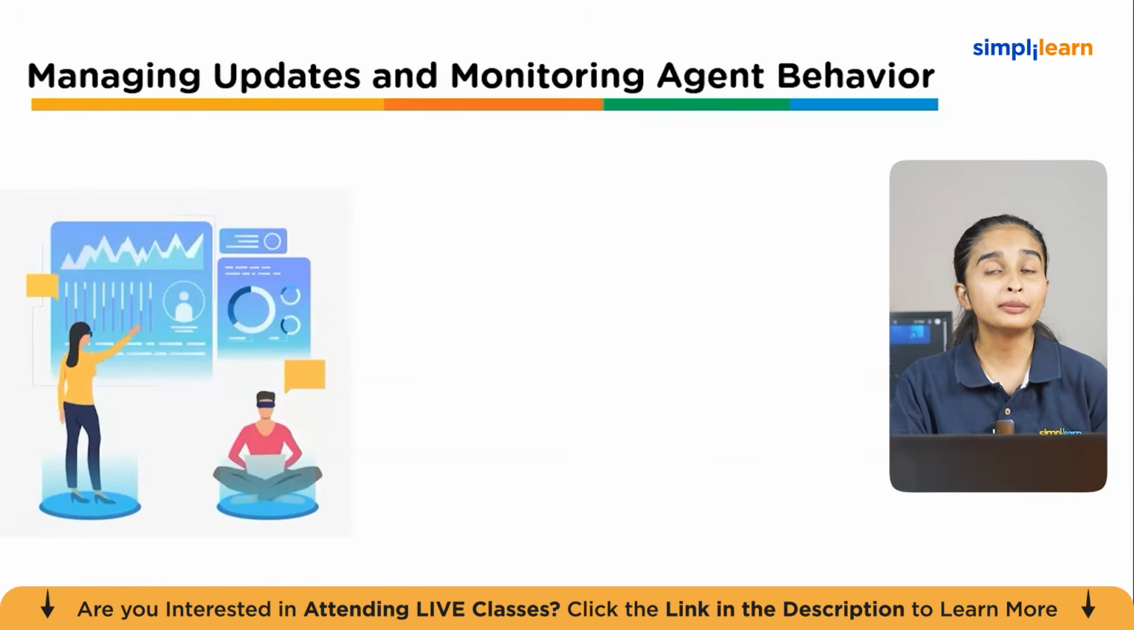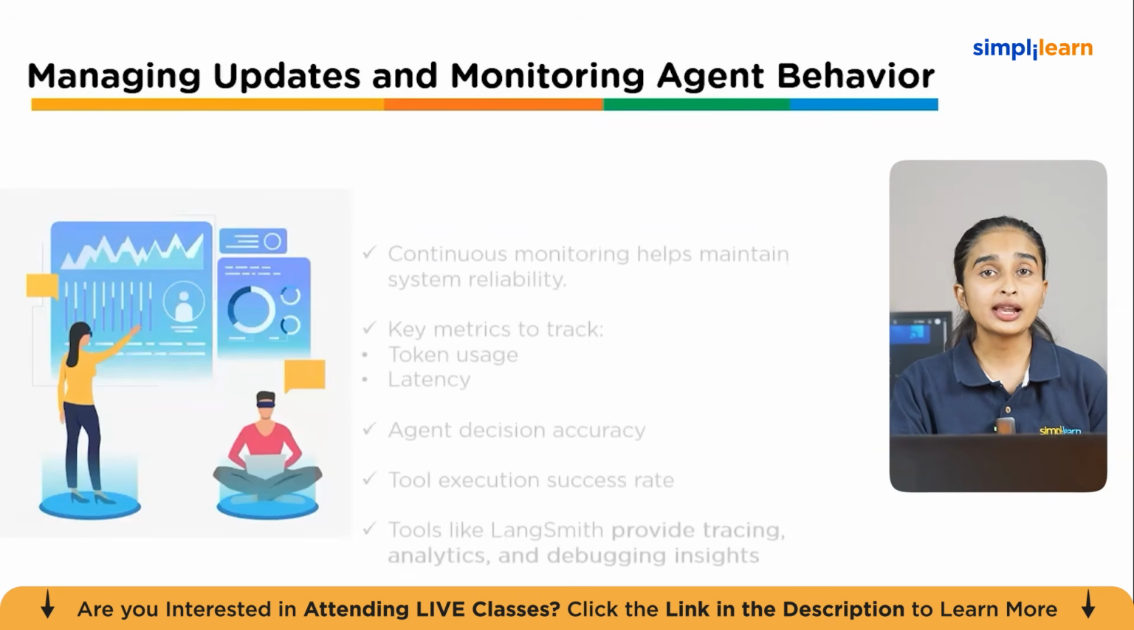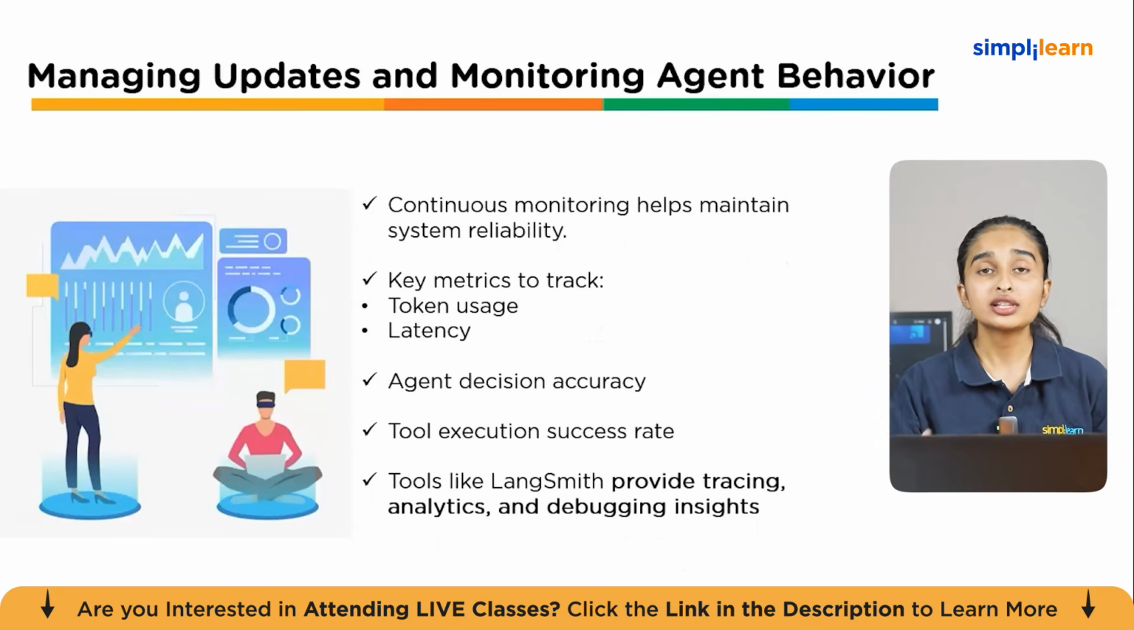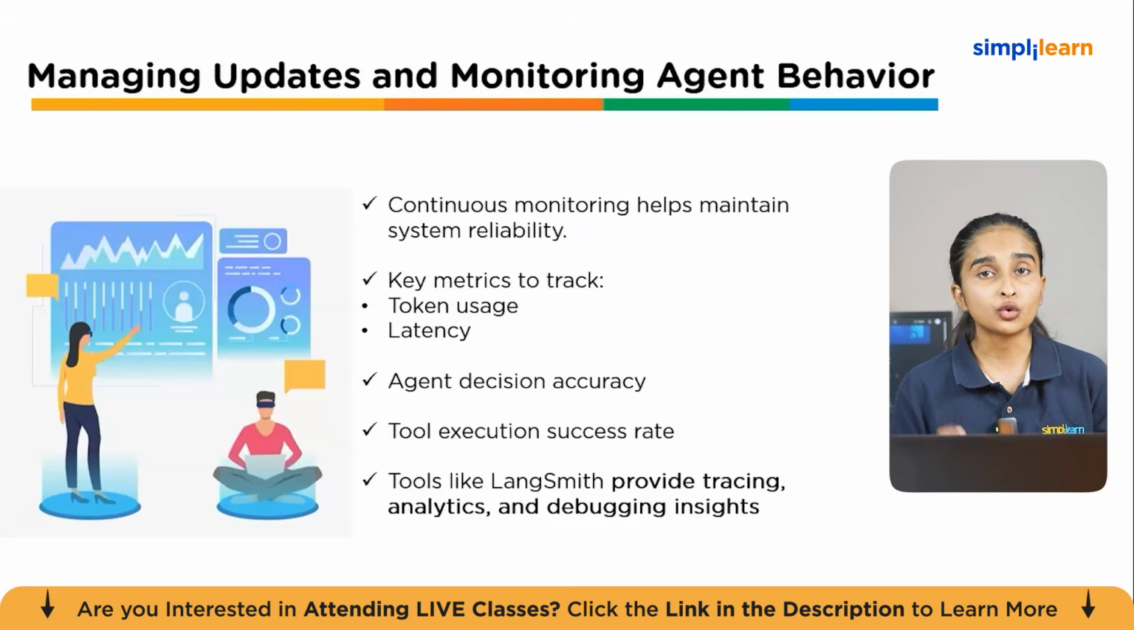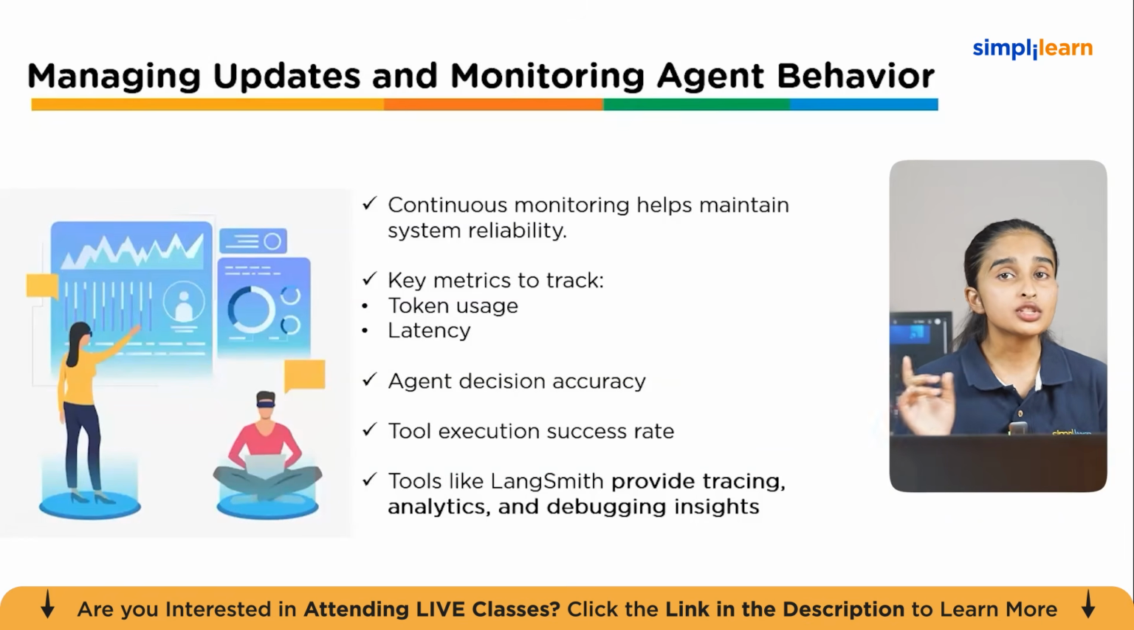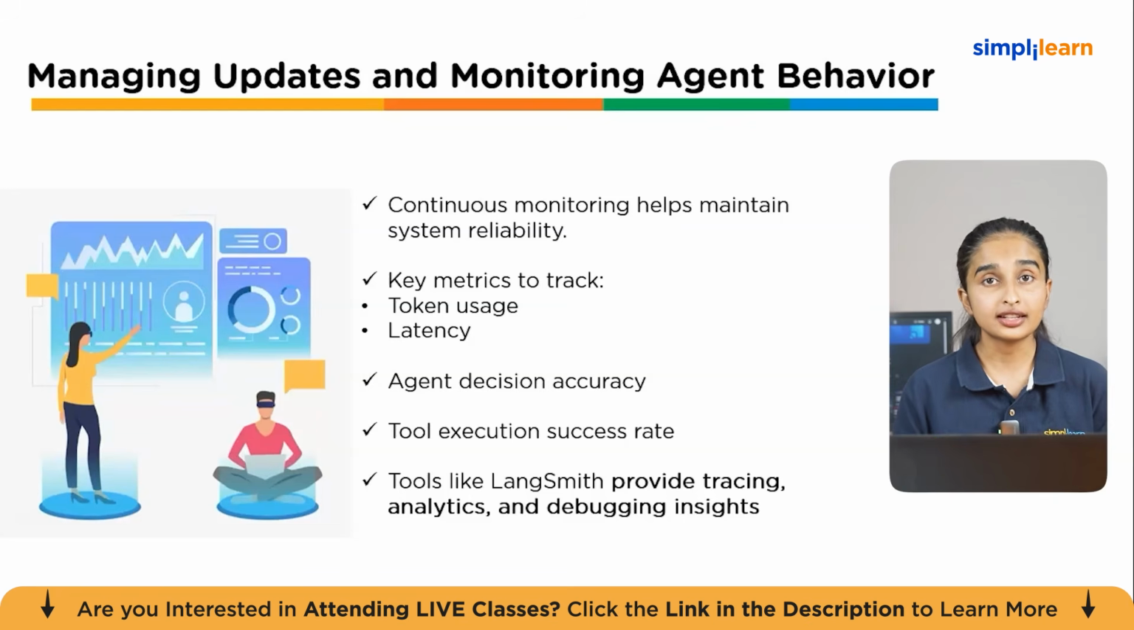We shall now move on to updates and monitoring, because building the system is only one part of the work. Continuous monitoring helps maintain system reliability. So once a workflow is running, it needs to be observed regularly so issues can be caught early. Some key metrics to track include token usage, because that affects both performance and cost. Latency is another important metric because people notice delays quickly. Agent decision accuracy also matters because the workflow should not just run, it should make sensible choices. Tool execution success rate is important too,